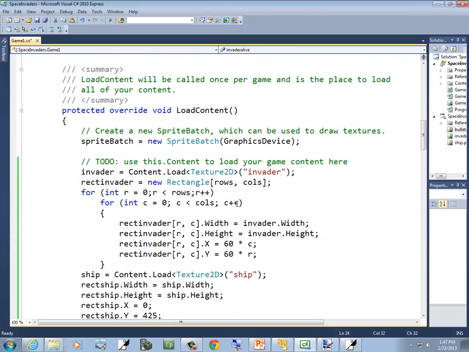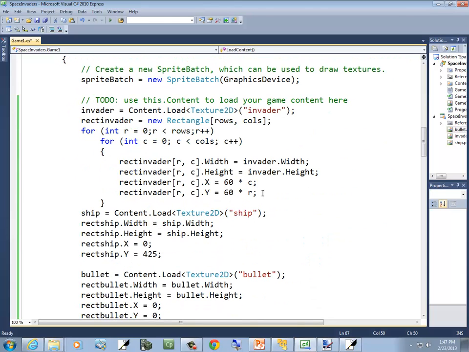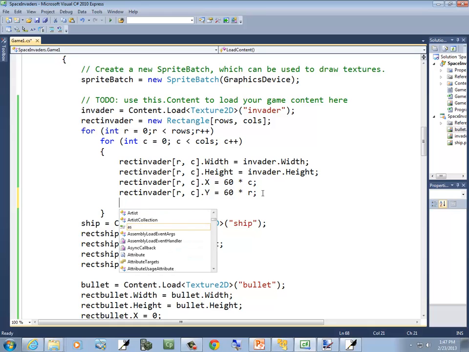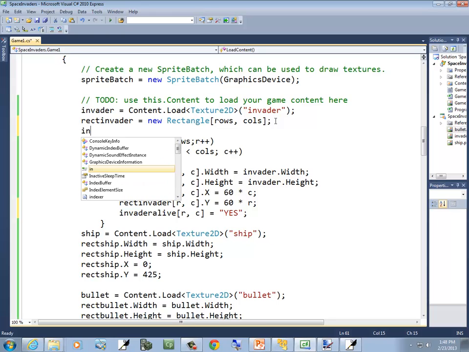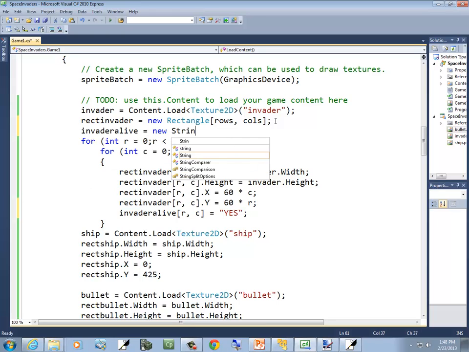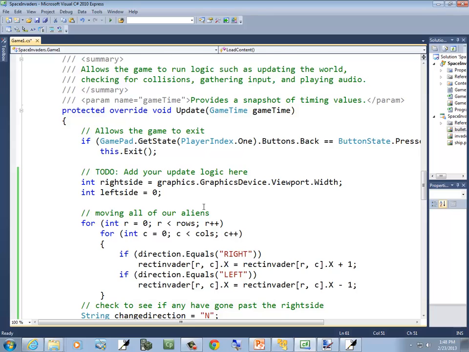Now initially, we want all of our invaders to be alive. So invader alive RC is equal to yes. Okay, the invader's alive. Now I need to declare the rectangle or the multidimensional array here too. I'll say invader alive equals new string rows, columns. Okay, let's come down here,